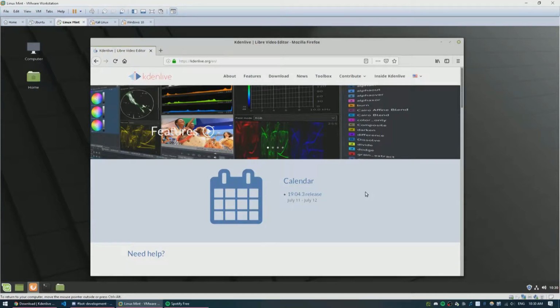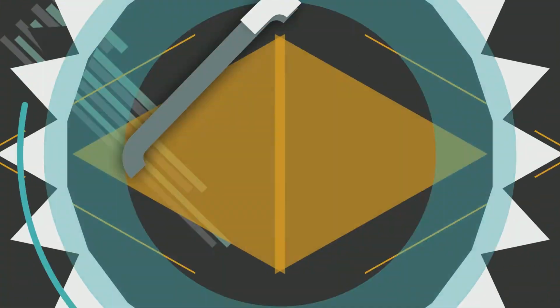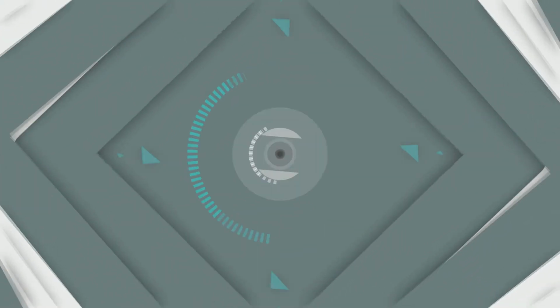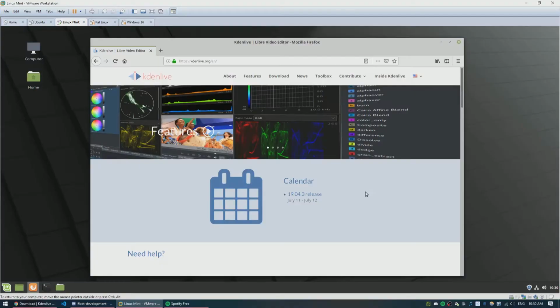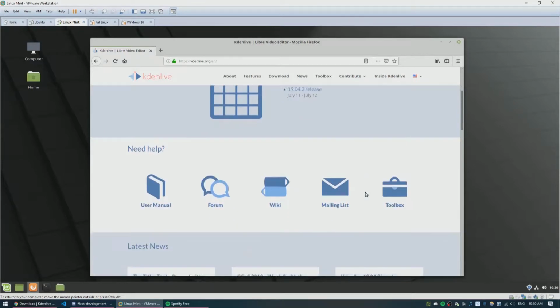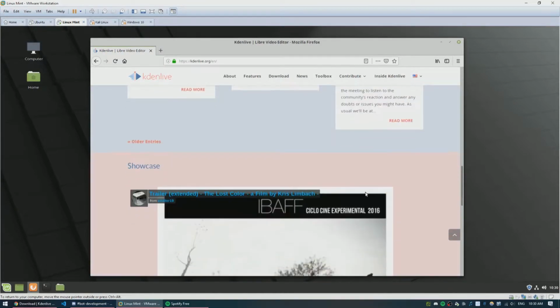It's Gideon here, and today we're going to be taking a look at Kdenlive, which is an open source video editor for Linux. It's not specific to Linux, it's also available for Windows and other operating systems, but I'm going to be testing